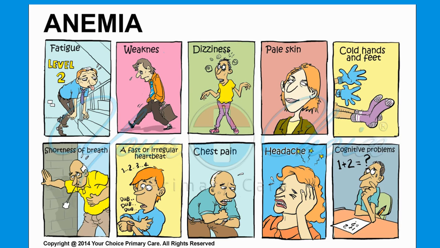So again, you'll have the fatigue, you'll have the weakness, the dizziness is due to lack of oxygen because you don't have anything that really carries it. You'll have pale skin because the red blood cells are what help give the skin its color. You'll have cold hands and feet because the body's trying to shunt the blood and make it more efficient. You have shortness of breath because you're not able to circulate enough oxygen. You have a fast heart rate because the heart is trying to be as efficient as